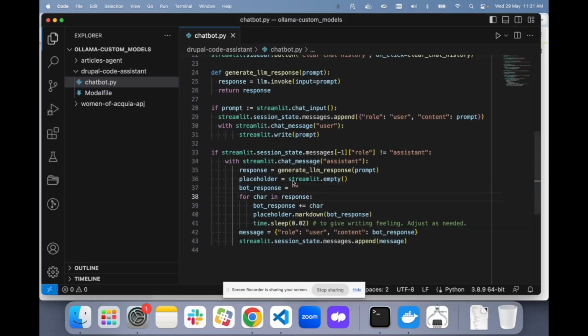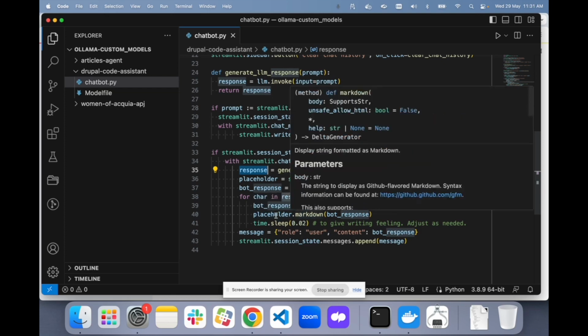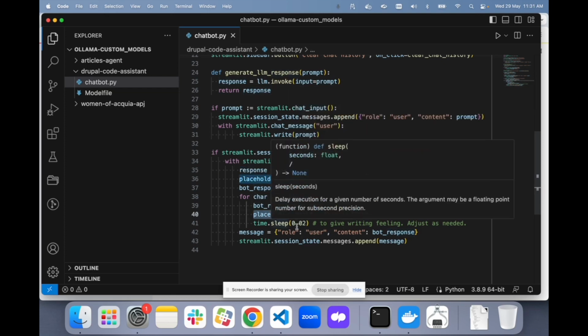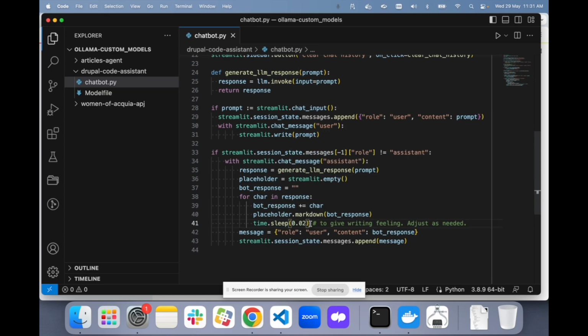For that, we emptied the placeholder, assigned it to a variable called placeholder, and we are populating it with a time delay of 0.02 seconds. Whatever we received in the response from our Drupal code assistant, we pass it character by character and mark it down in the placeholder, with a delay of 0.02 seconds.